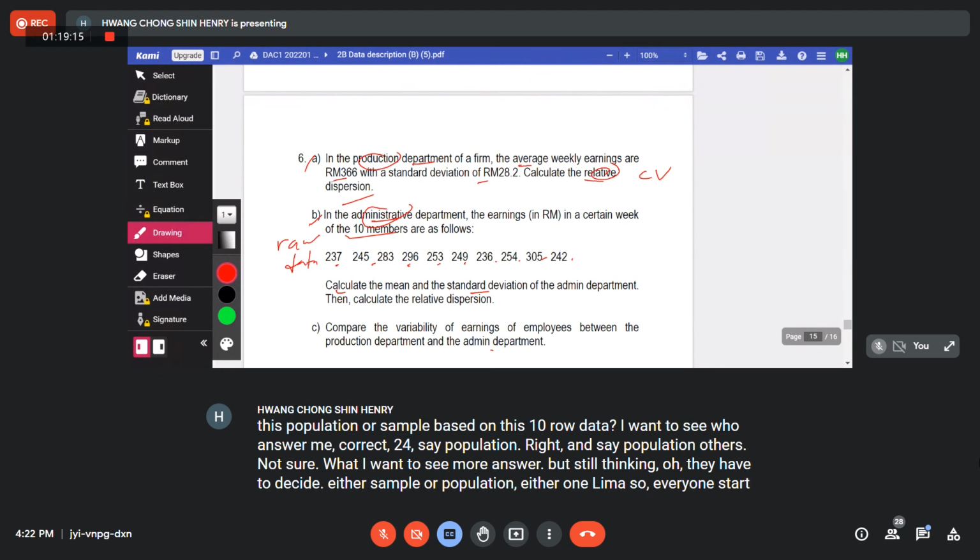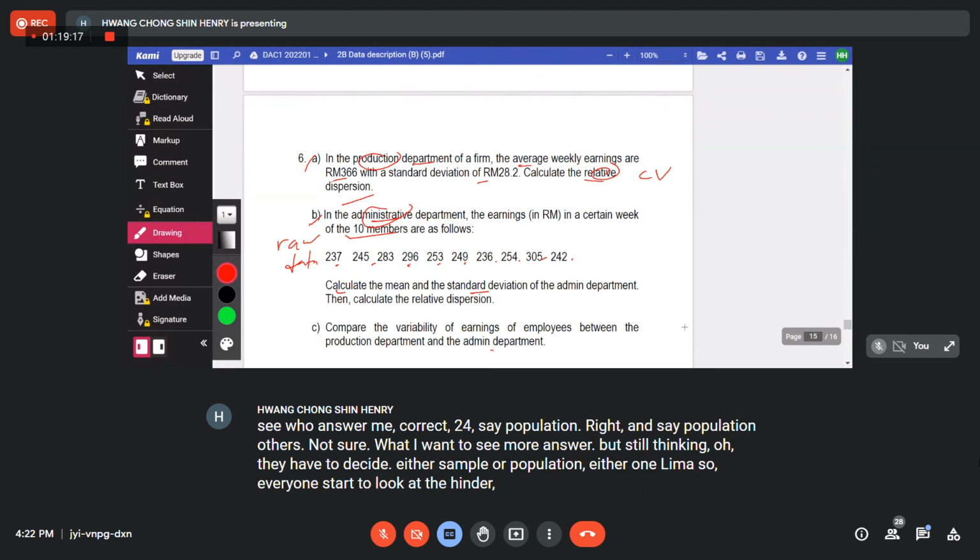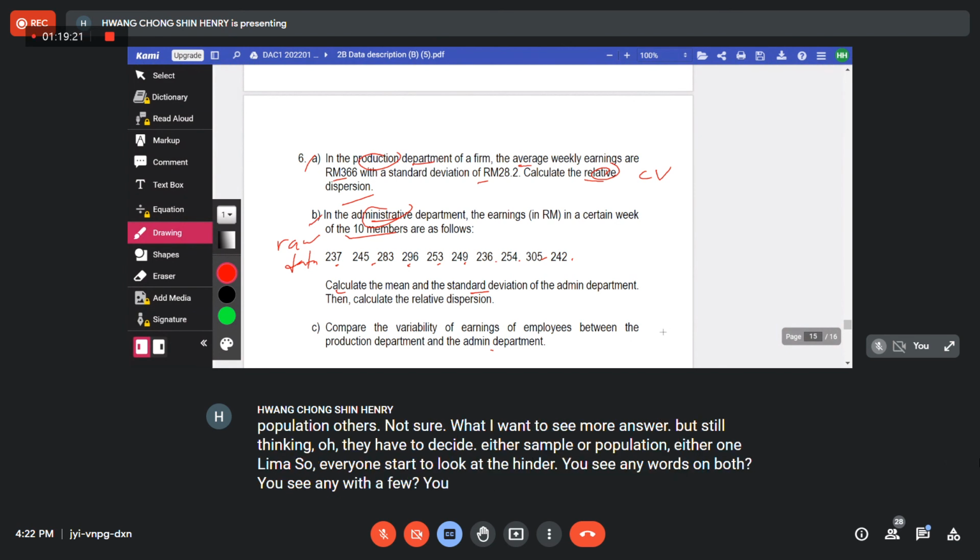So everyone start to look at the hint there. Do you see any word sample? Do you see any word a few? Do you see any word selected 10 members? So the answer is